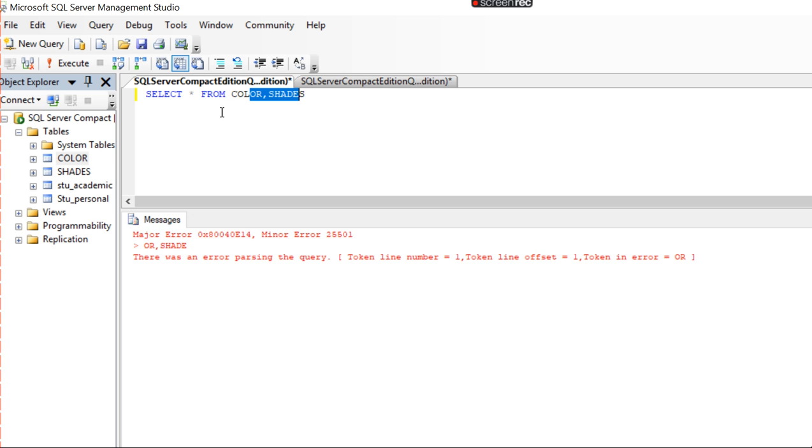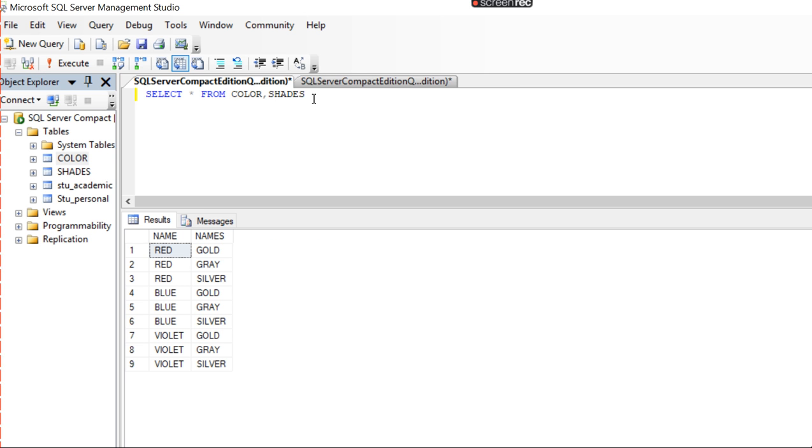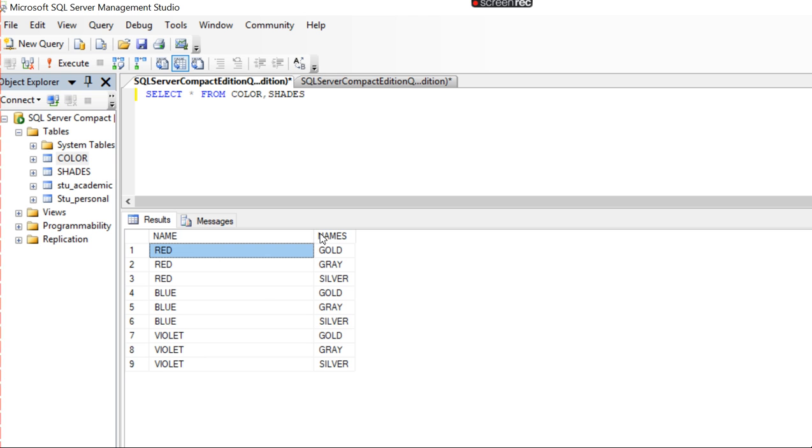Now you see here, this is the resultant output. Red color is the first row of the first table, right? This first row is now combined with gold, gray, silver. Second color blue, blue, blue, blue.